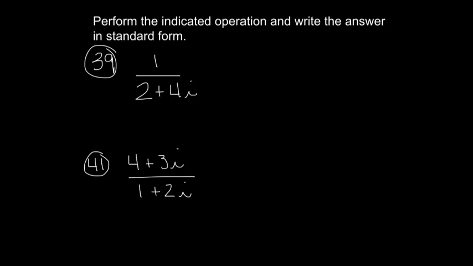That idea of conjugate pairs comes in handy whenever we're dividing. The whole point of dividing whenever we're dealing with complex numbers is to get the imaginary pieces out of the denominator. So to do that, I'll multiply by the conjugate, because I know that will bring out the imaginary. My denominator in this case is 2 plus 4i. The conjugate of that is 2 minus 4i. But whatever I do